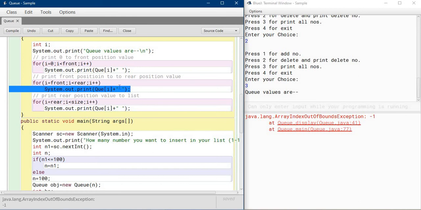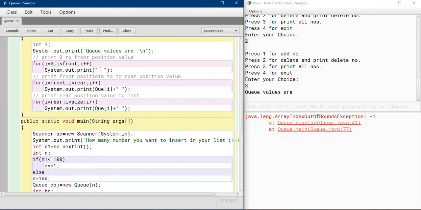There is some error. Hyphen, hyphen. Okay.